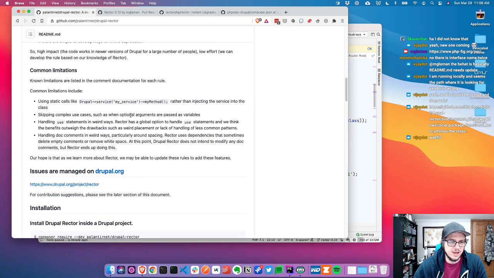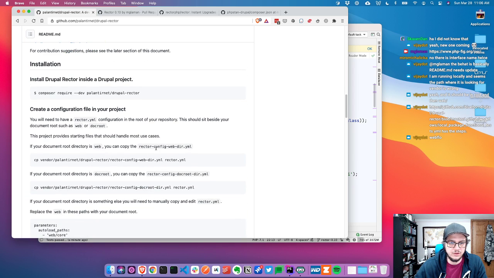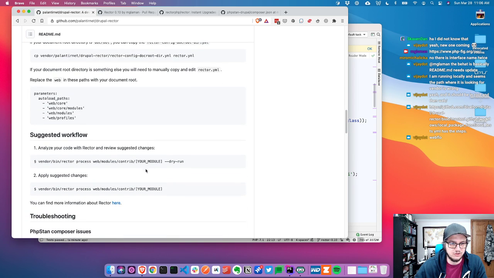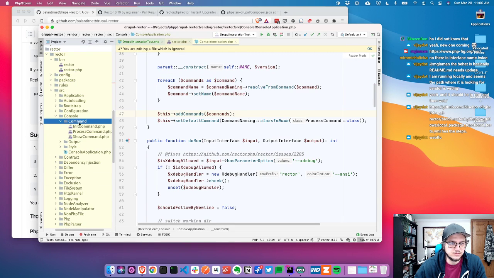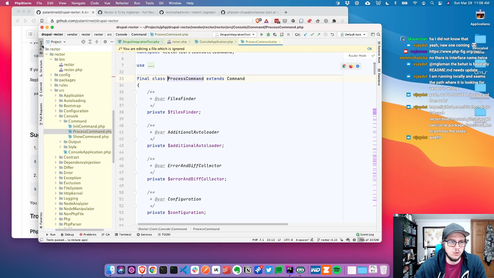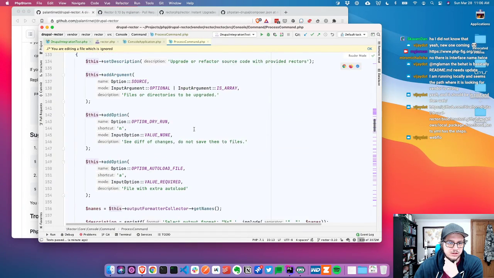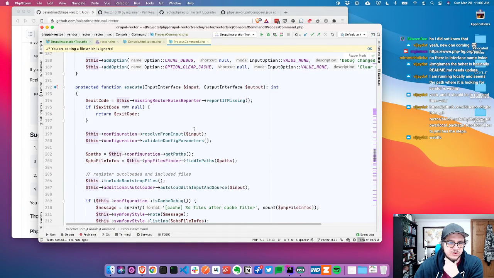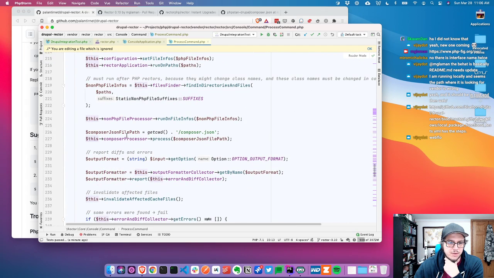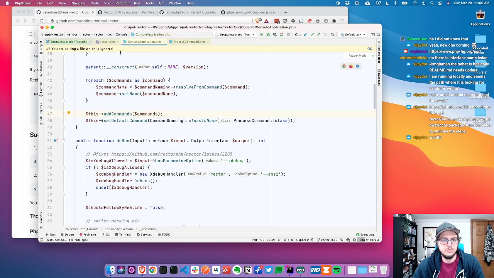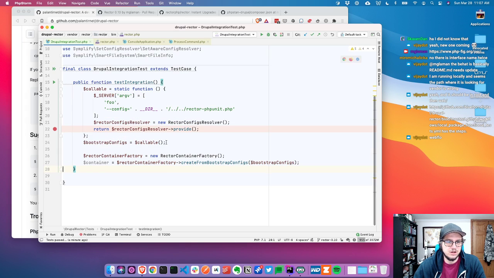I'm just rereading all the docs because, like I said last time, despite working on PHPStan, Drupal and everything, I have never used Rector actually. So the process command is what we want. So we're going to have to run the process command, and this does not look like we could easily mock it. So we're going to copy this line of code right here